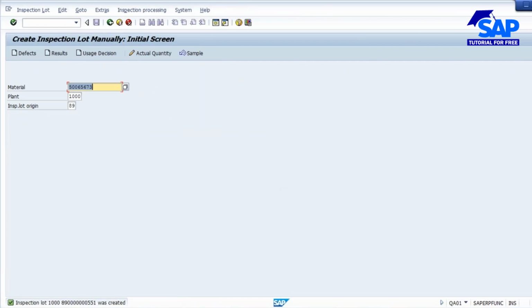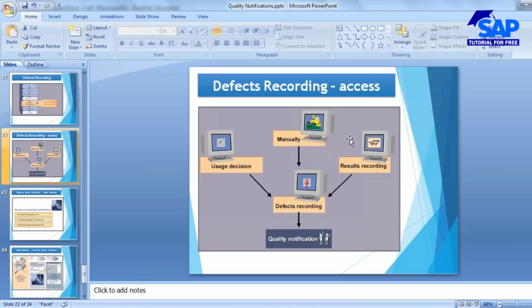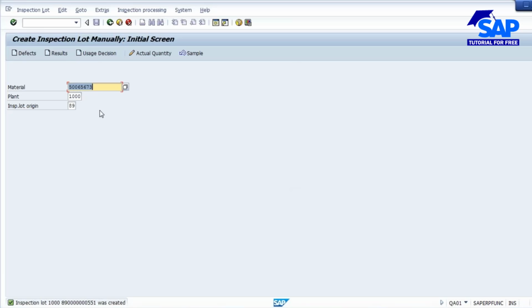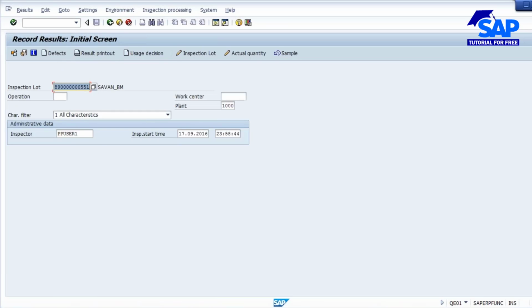So now first thing is, when I'm doing the results recording, I can do the defect recording if my value is not within the limits. Okay, I can do it during the results recording itself. So I'll go to lot change mode. I'm doing the results recording. So click on the button results recording. So when I'm doing the results recording,